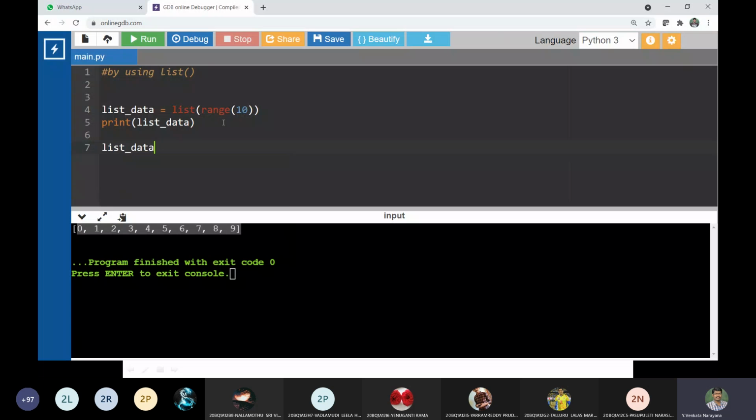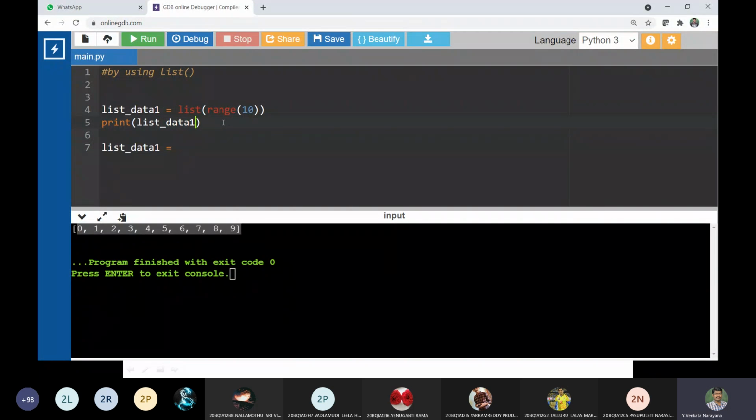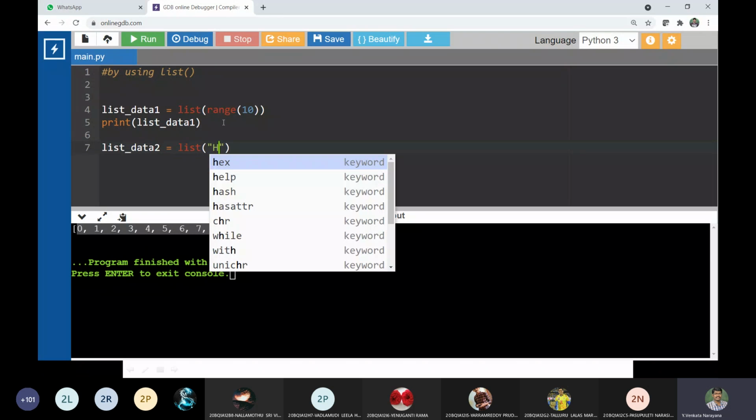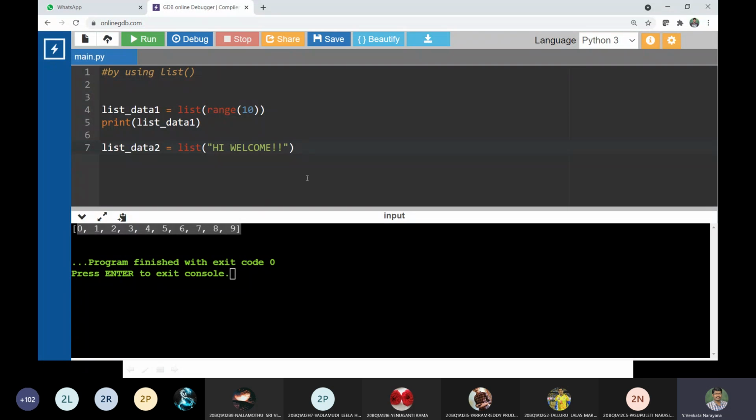In the same way, I have taken another list, let it be list_data2. In the list constructor itself I am giving a message, hi, welcome. Is this clear?